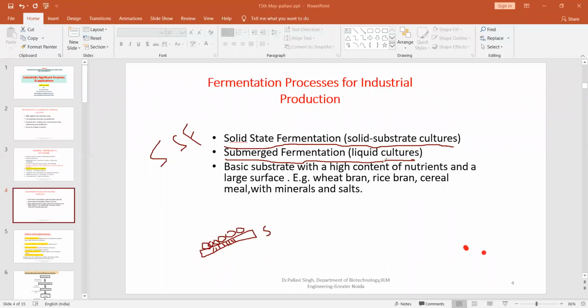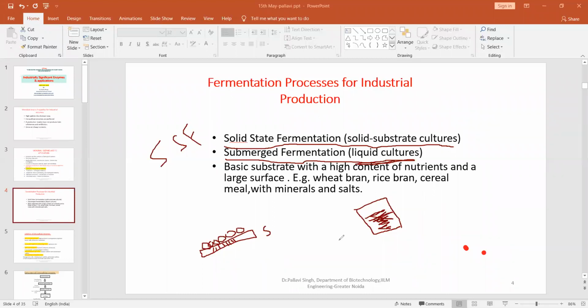Submerged means liquid culture. As I was showing in previous lectures, we have huge fermenters. In these fermenters, we dissolve our media in liquid form, which could be Luria broth, PDA broth, YPD broth. And this media is inoculated with the microbe. The media is sterilized, we inoculate it with the microbe, leave it for incubation time in controlled conditions of temperature and pH, and then we get the product. So this mode, liquid culture and then inoculating, is known as submerged fermentation. It is not a solid media where we are working on the substrate.